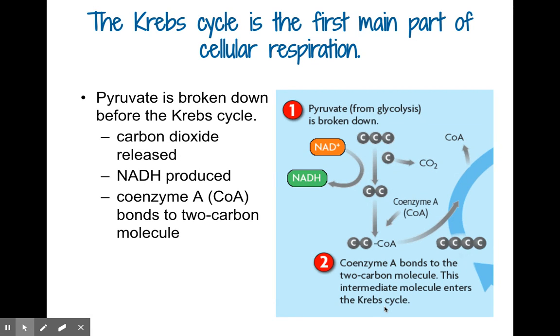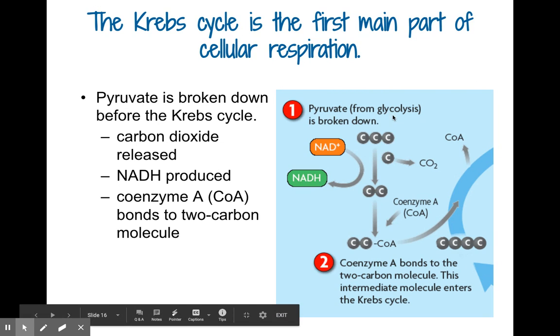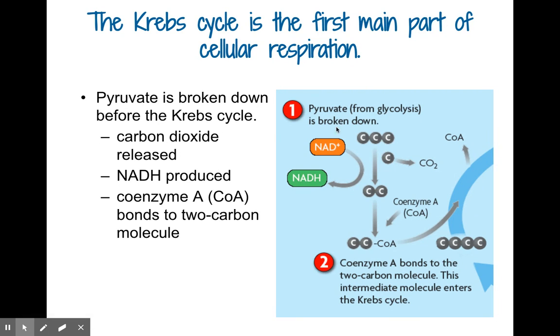All right, the next step after glycolysis is called the Krebs cycle. The Krebs cycle is the first main part of cell respiration. Pyruvate that we made in glycolysis is broken down before the Krebs cycle. As we see here, pyruvate from glycolysis is broken down. In the process, carbon dioxide is released, another NADH is produced, and coenzyme A bonds